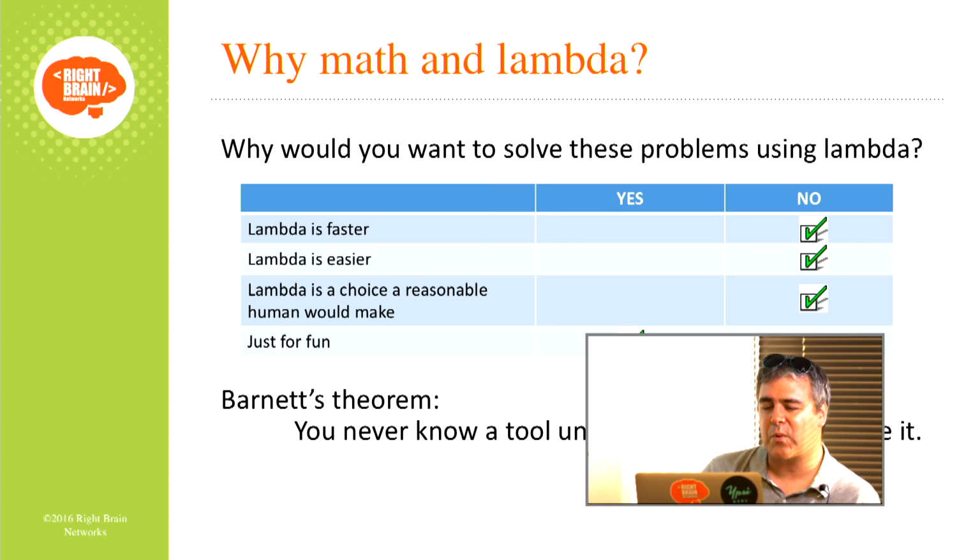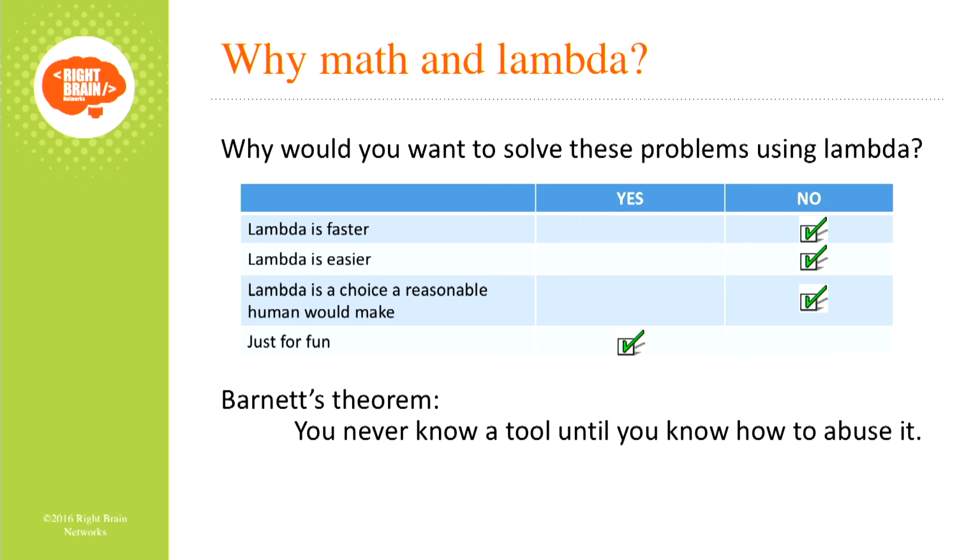Why would we want to do this? Why use Lambda to solve these math problems? Is Lambda faster? Definitely not. Lambda's great for parallelizing. You want to be able to respond to 1 or 100,000 requests. Lambda's really good at that. But it does take a microsecond to spin up. It's some sort of container service on the back end, so it takes some time to get your code there. It takes some time to get your code running. It's not a huge amount of time, but there are faster solutions.